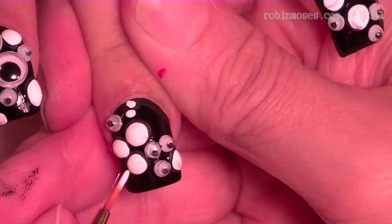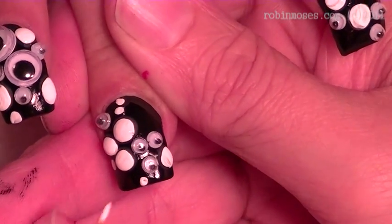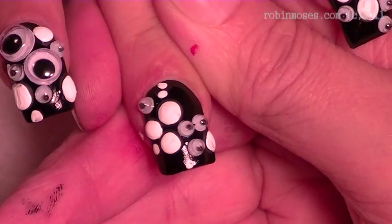I want to let you see everything I see, because these are really fun. So I'm going to get the white drawn on like this, bursting out. Okay,